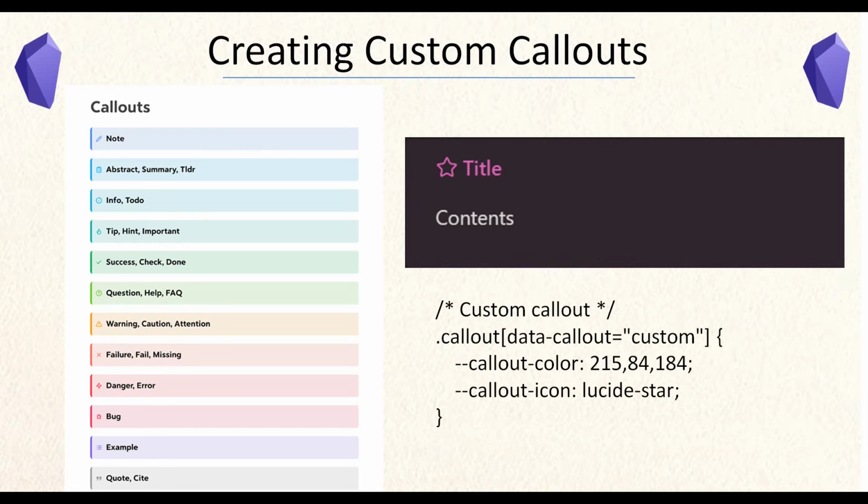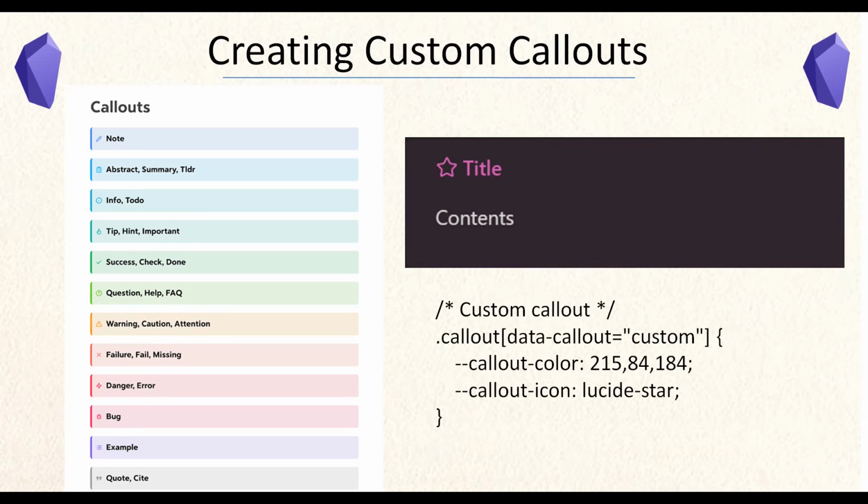Okay, now let's talk about how we can create custom callouts. As we saw, Obsidian offers 13 built-in callout types: info, tip, warning, note, and so on, each with its own associated color and icon. However, with the help of CSS, it is possible for us to create our own unique custom-designed callouts. In other words, we can create callouts that possess a color and icon other than those offered natively